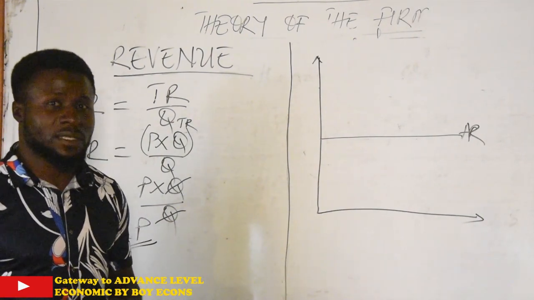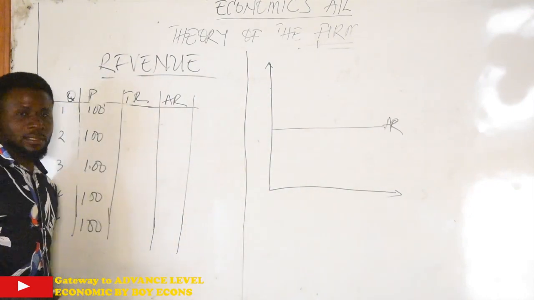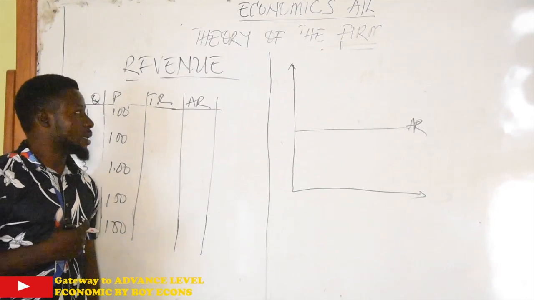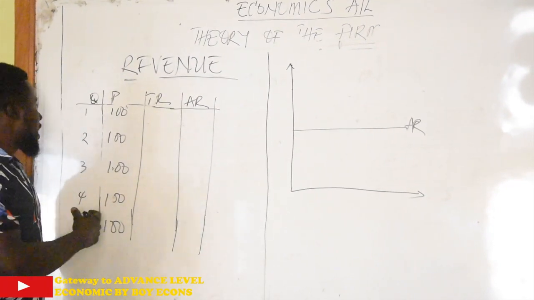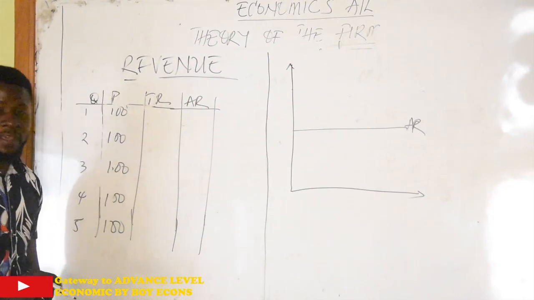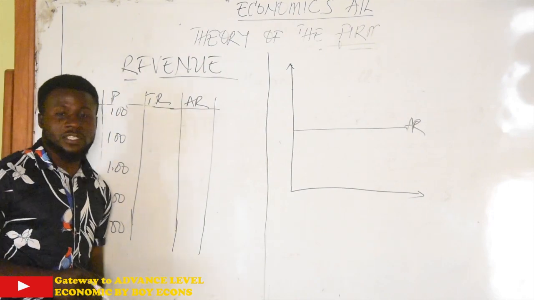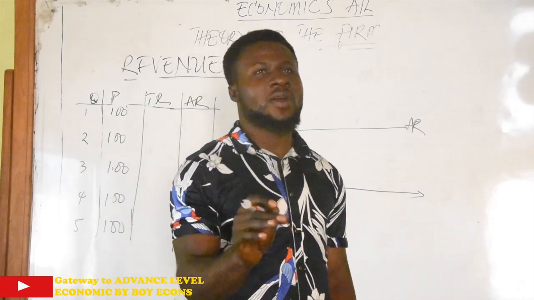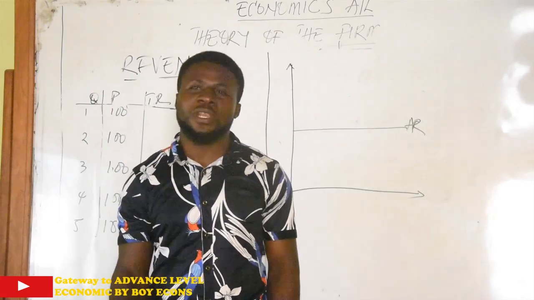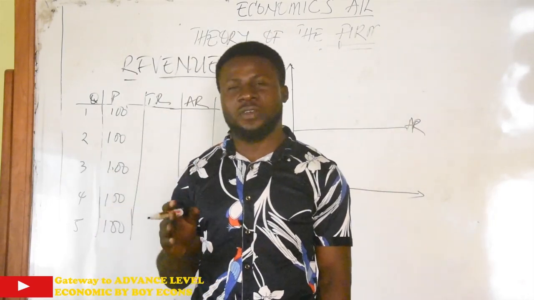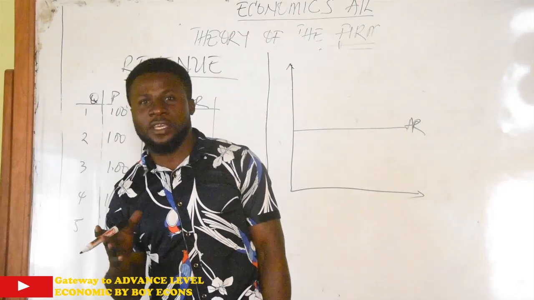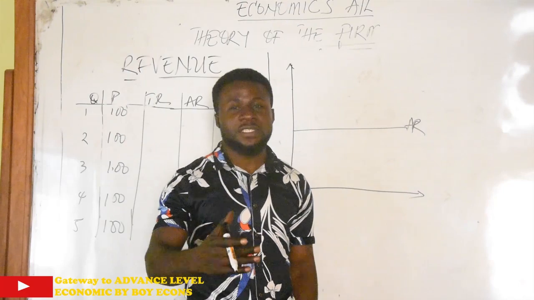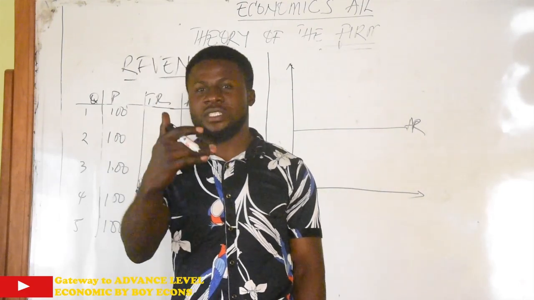Prices remain constant. We have a typical situation, or the table of a typical firm, where we have output changing from 1 to 5 units, and then price is constant at 100. A little secret: whenever you see price or average revenue constant at all output levels, simple, it is a perfect competitive market structure. Okay? If it were an imperfect situation, you would have seen price or average revenue changing as